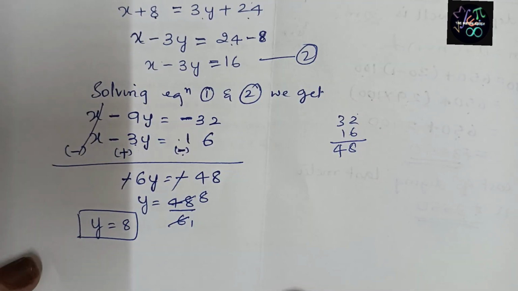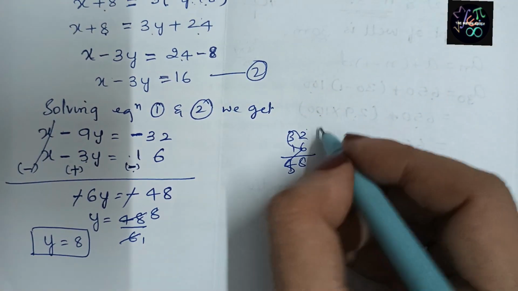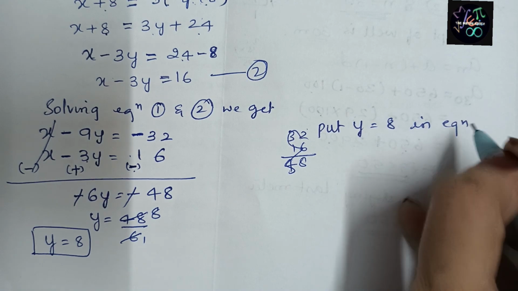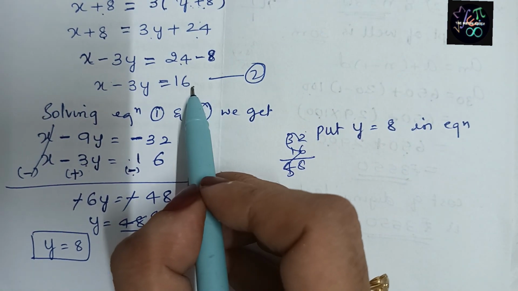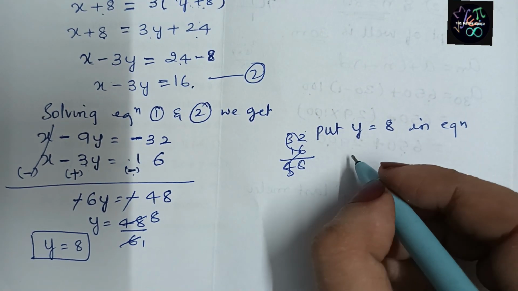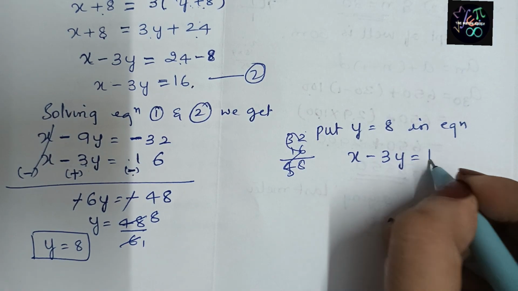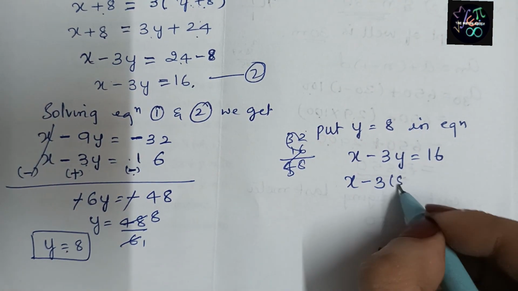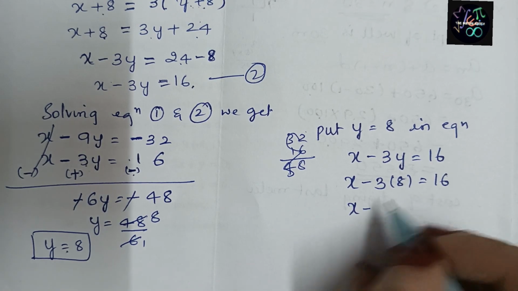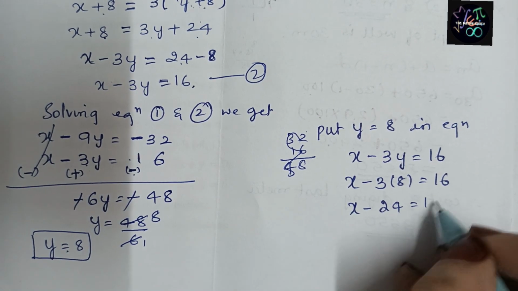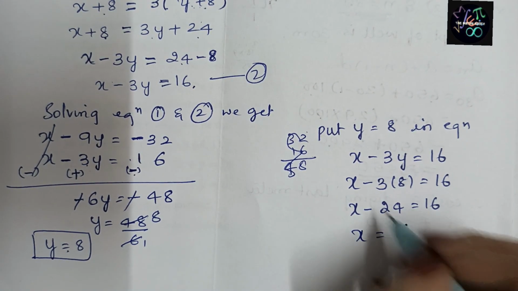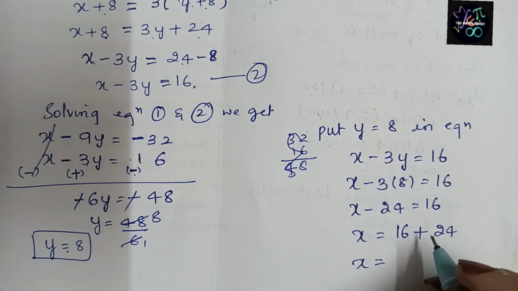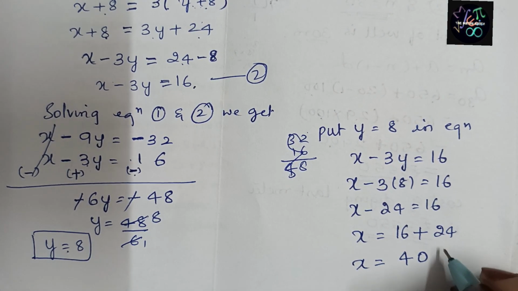Now how will we get the x value? Put y equals 8 in any one equation. I can see equation 2 is easy, so I will take equation 2. We can put it in equation 1 also. x minus 3y is equal to 16. x we don't know. 3, y value we got is 8, is equal to 16. x minus 8 threes are 24 is equal to 16. x is equal to 16 minus 24; if I bring this side, plus 24. x is equal to 16 plus 24, which is 40. Therefore,